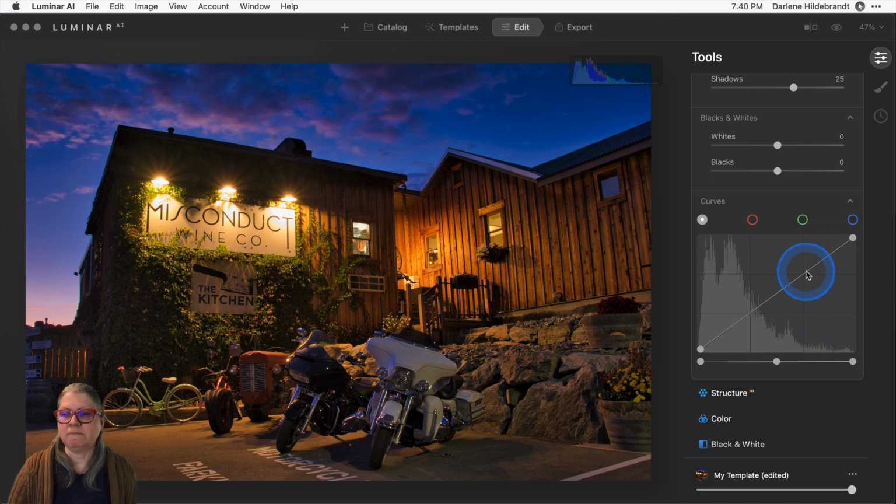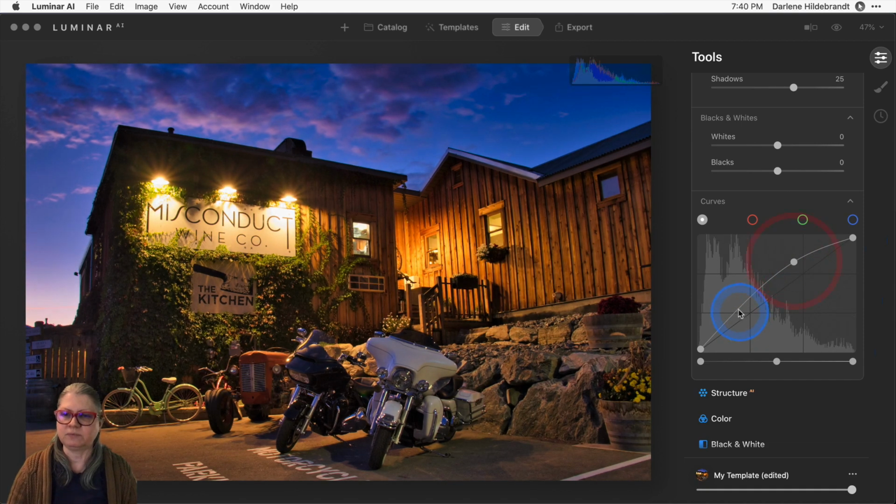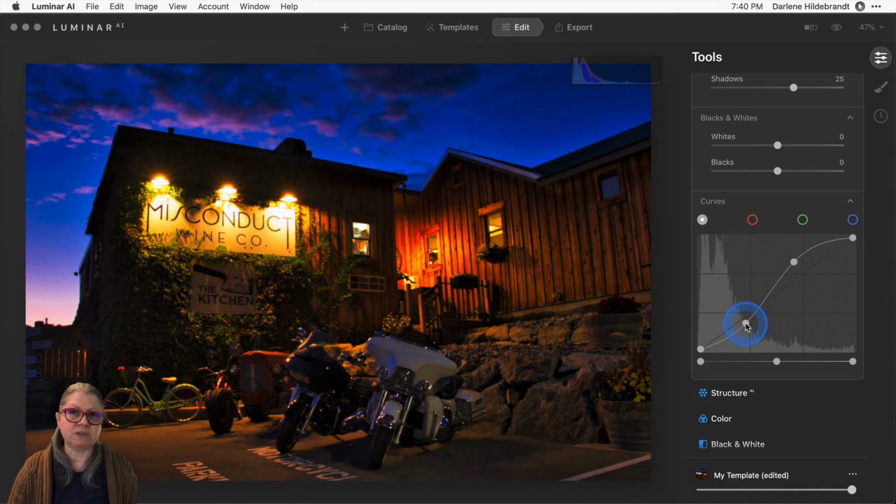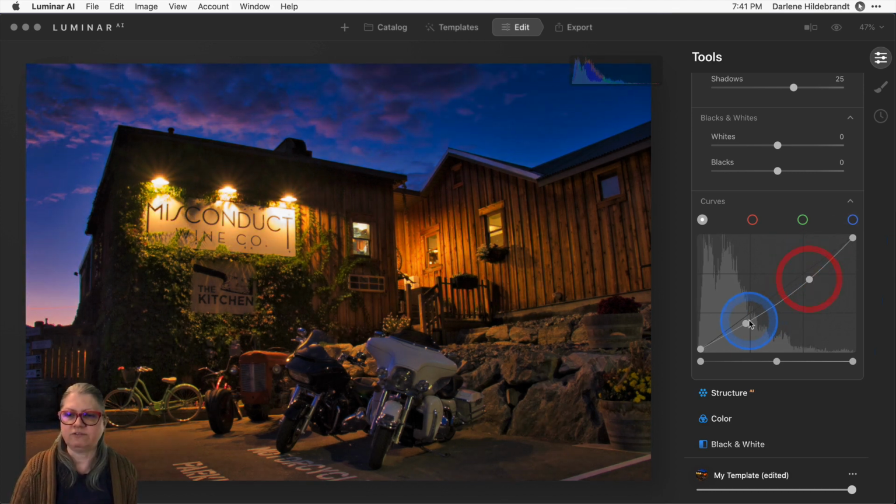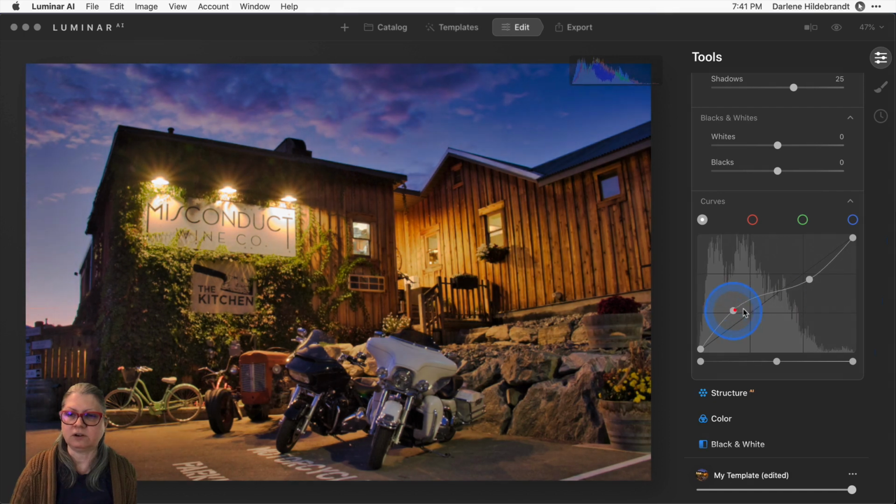If you adjust it more into the shape of an S, you may have heard that term, S-curve. I talked about S-curve and some of these other photo editing terms in another video. Click the little link in the upper right corner of the video if these terms are unfamiliar to you. So with a steep S-curve, meaning that now the curve is in the shape of the letter S, you get a lot more contrast added to your image. Okay, so if you go the opposite way and you create a flattened S-curve or an inverted S-curve, you're going to flatten the image out.